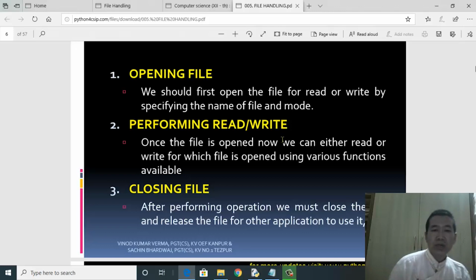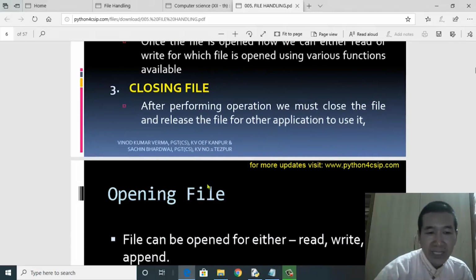Since this is the first lesson, we have just done the reading, and later on we have the writing, and the modification in terms of text file as well as binary file. So it's a little lengthy chapter. And then how to close the file, which will be covered later.